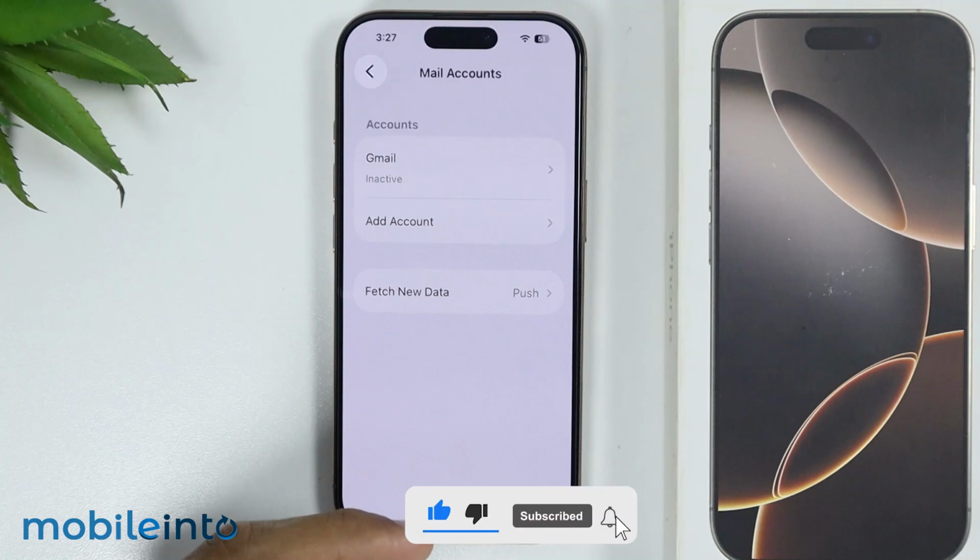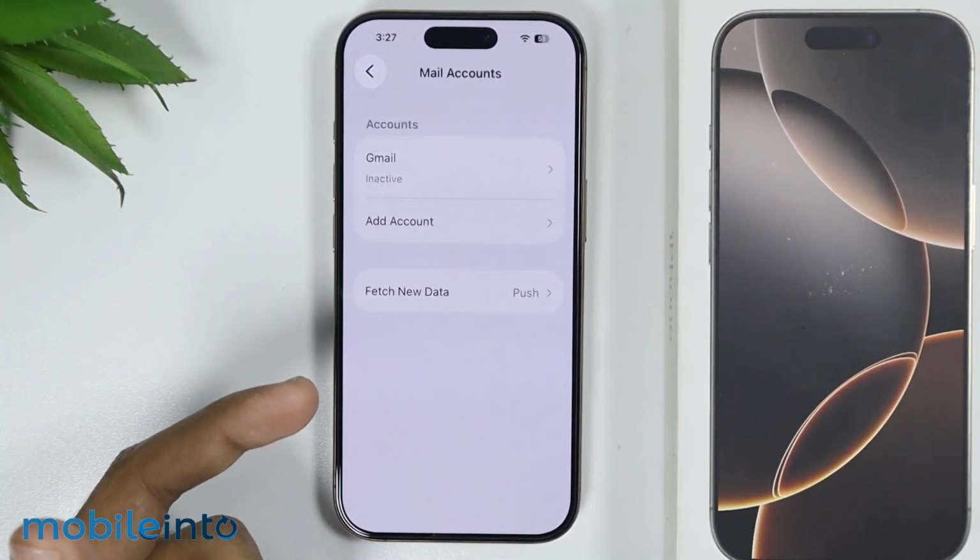And this is how you can add or remove your email account on the iPhone 16, 16 Pro, Pro Max,